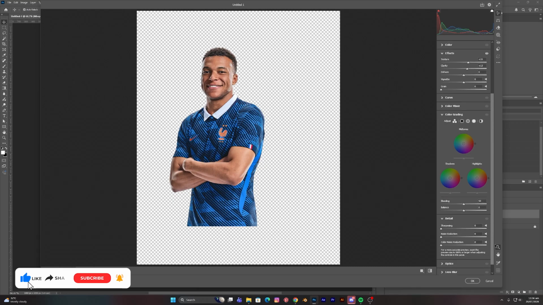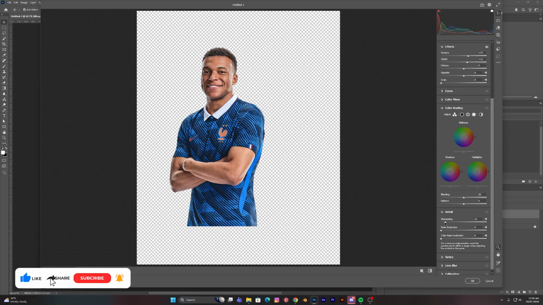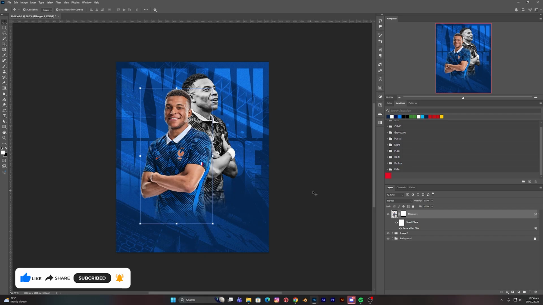Head down to detail and then select, push the sharpen all the way to 20. I think this is fine. So you can see the difference. Now, like we did the first one, I'm going to head to the